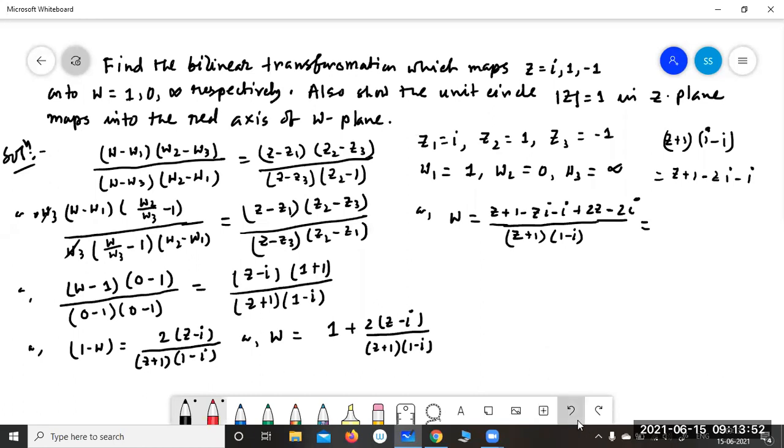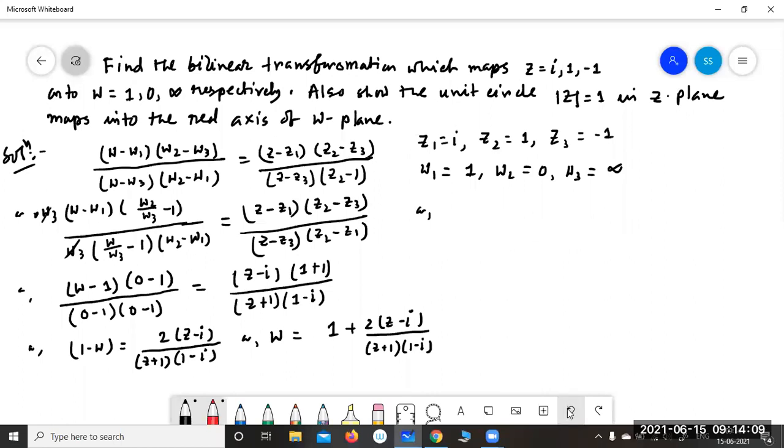So let us consider this one, not this. Just a minute. If we take the conjugate of this, then it will be very clear to us. At first, we are taking the conjugate part, right? So from here, we can write down that W is equal to 1 plus 2 into Z minus I, and conjugate of 1 minus I equal to 1 plus I. 1 plus I by, here Z plus 1 is common, then it is 2. 1 minus I into 1 plus I, that means 2, A square minus B square, that is 2.